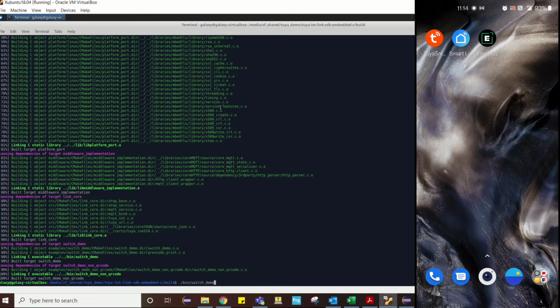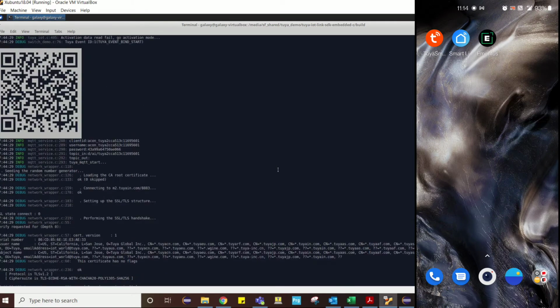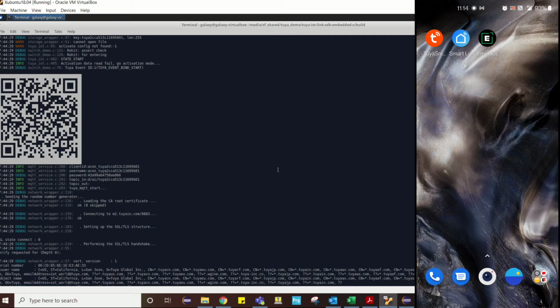There is a demo application given. I will run the same application, but I have slightly modified it to define my data point. Here, first time with my IoT device, I have not connected any mobile phone with this device yet. Hence, it generates the QR code.